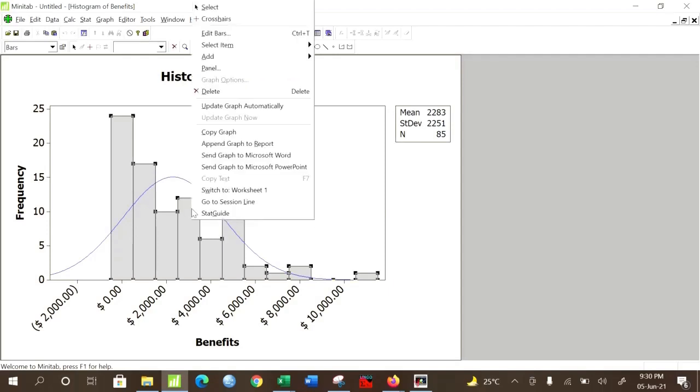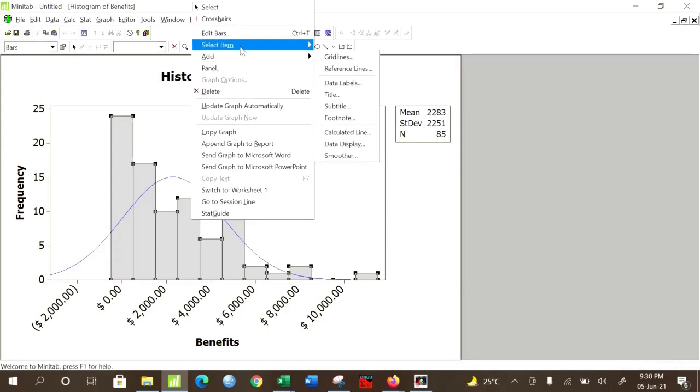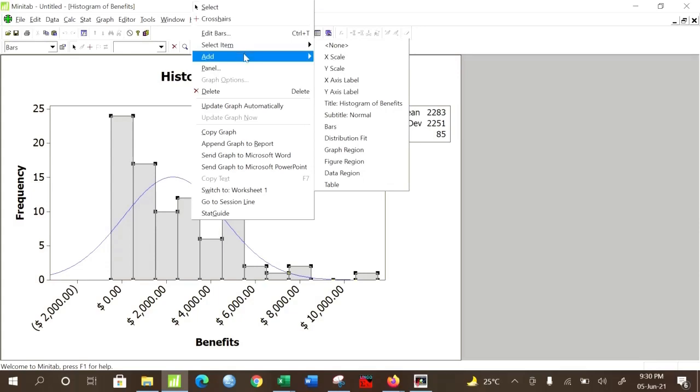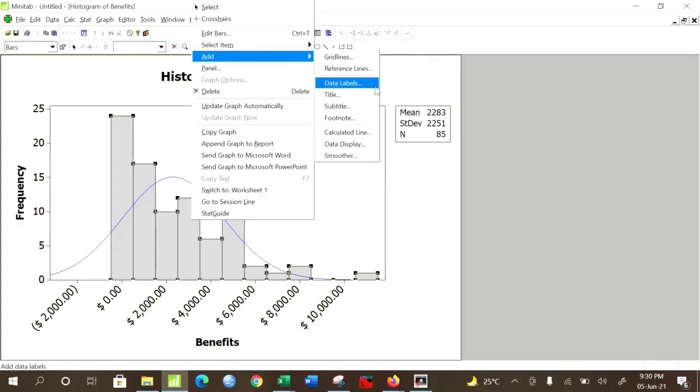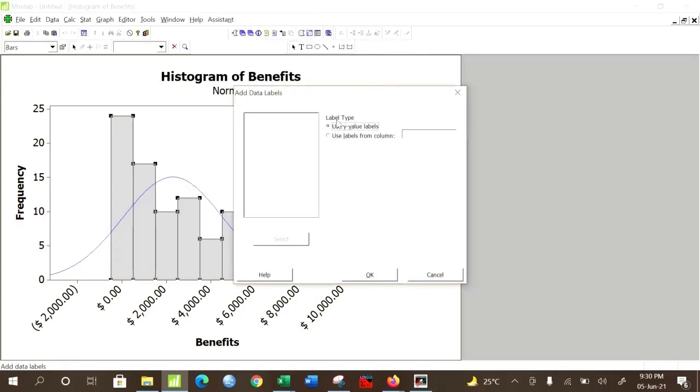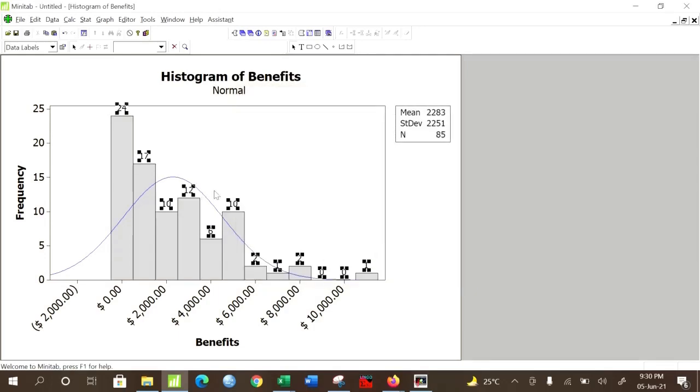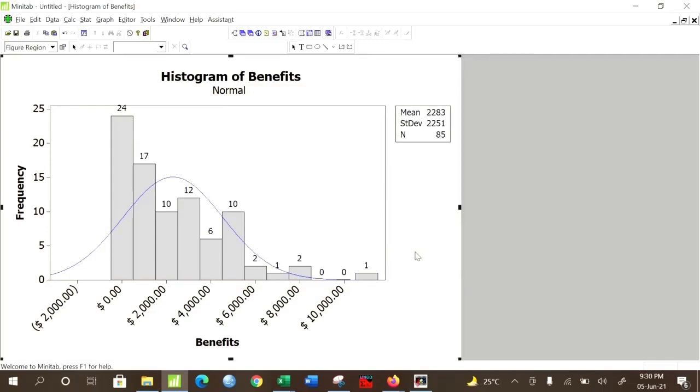Now you can show the value of frequency in this graph by selecting Add and then Data Labels. If you select Use Y value labels, then the frequencies will be displayed like this.